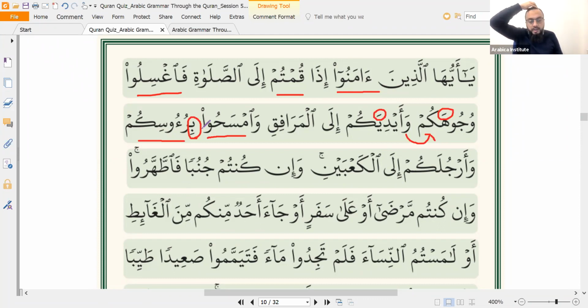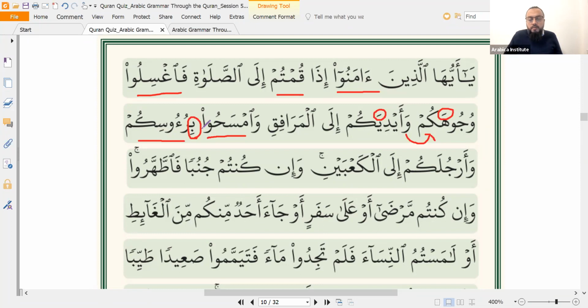Okay, and there are other opinions as well. One opinion is that the bi has a meaning of min, wamsahu min ru'usikum, and there are other examples in the Arabic language where the bi has the meaning of min. So if I say to you, eat of that pizza, and you take one little bit of cheese and eat it, have you obeyed my command? Yes. If I say kulu min dhalika al-pizza, the word min is fulfilled if you do one small bit. So I think it's the Malikis who say that if you just wipe one hair, the command is fulfilled because the bi here means min.